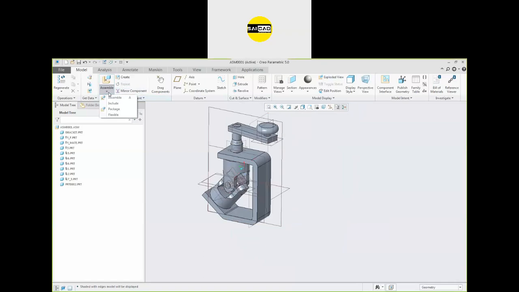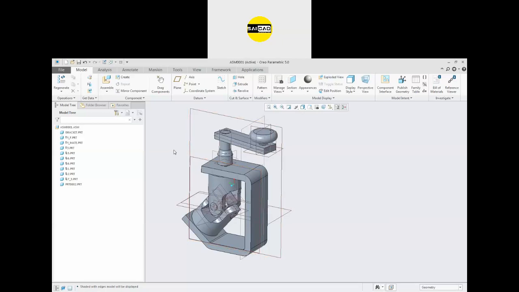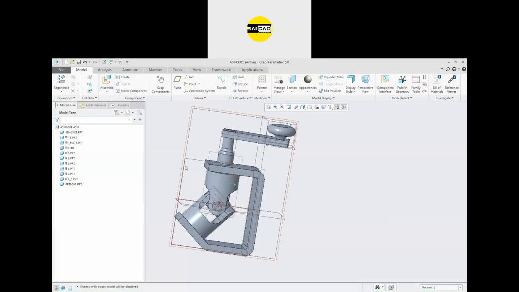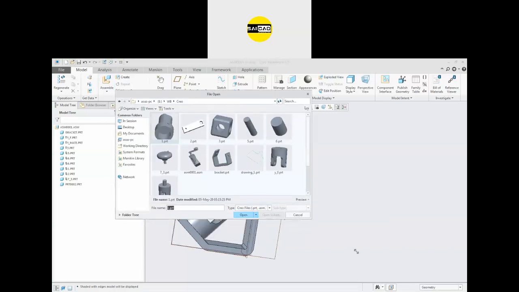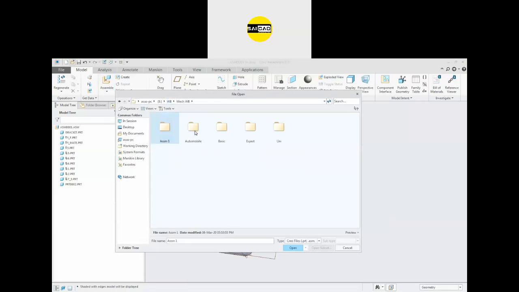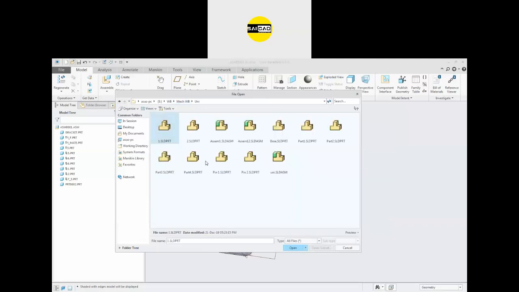Again we are going to cover some different assembly modes, how we can assign some different relations in the assembly. So for that we have to open some new parts or create some new parts. I'm going to check the new part from here. You can see I have some different files here. You can insert parts from different software also, like these parts are created in SolidWorks. I can import these parts also.